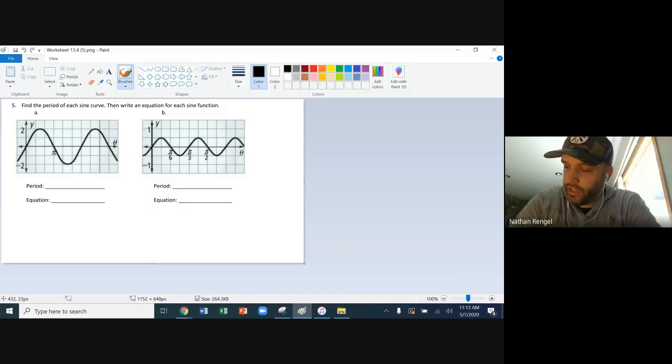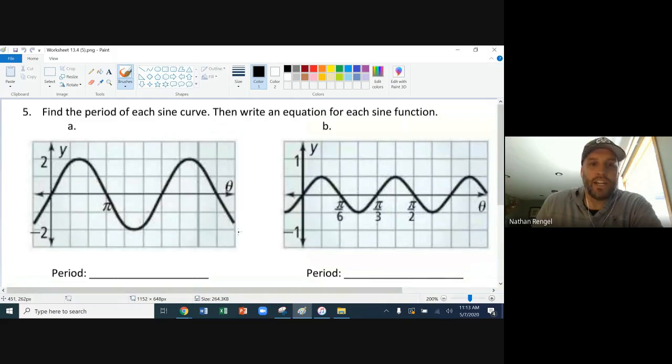So heading to problem 5, we're going to see a lot more of the same, where we're finding periods. We'll be writing equations, so we'll have to find the a, b values as well. So heading to problem 5a, we're going to find the period of the sine curve, and then we're going to find the